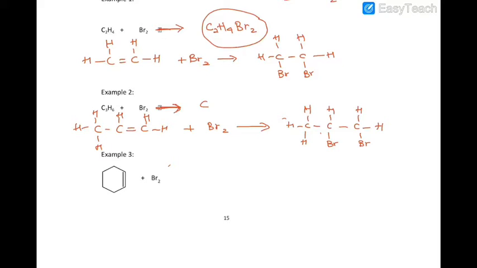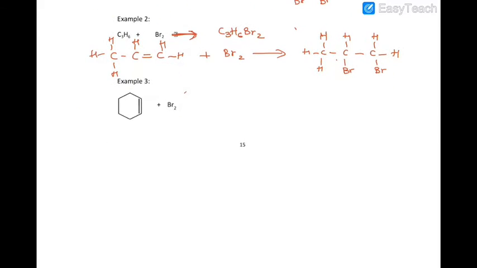So you can write CH3, CH, Br, CH2, Br. Or you can simply write it as C3H6Br2. The third example, here you have the bromine that's going to add in between the double bond, so you will end up with,